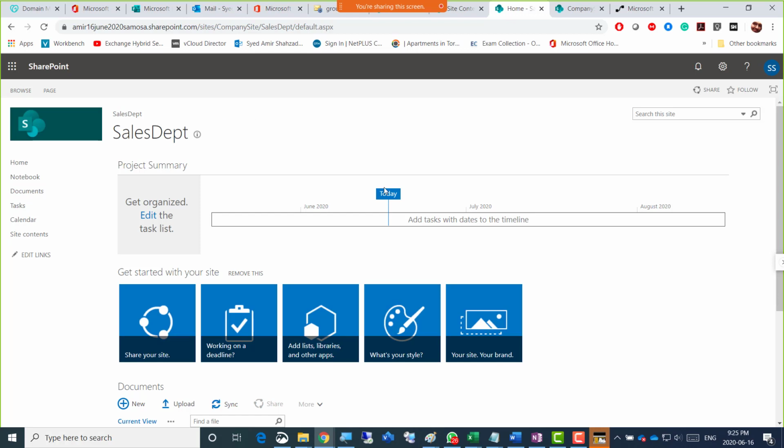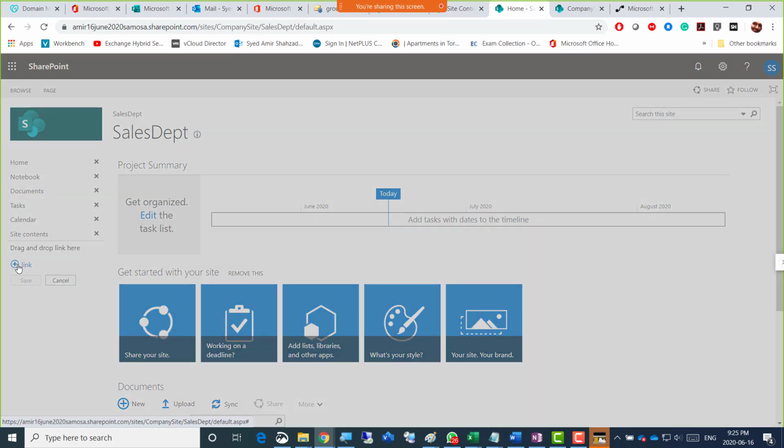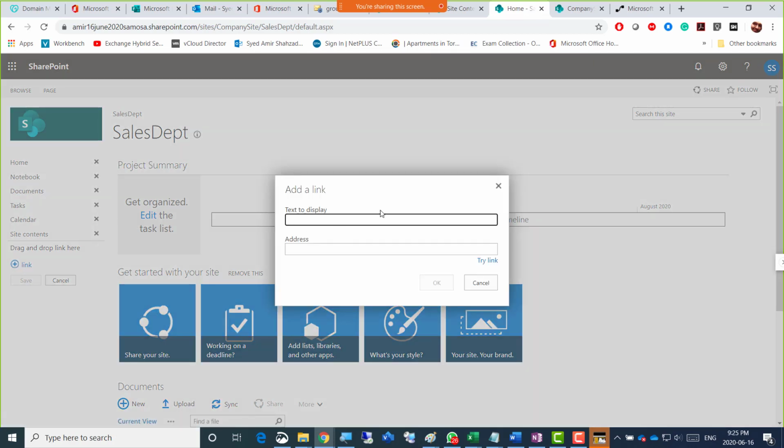I want to add a URL somewhere here. There's a link, there's a facility here. Okay, there you go. So edit link, exactly, as Mariam said. There's an edit link on the left side, right? So what does that do? If I click that edit link, it says, hey, you want to add another link? So if I click the plus link here, oh, okay.